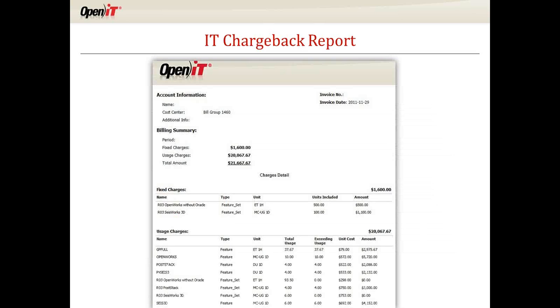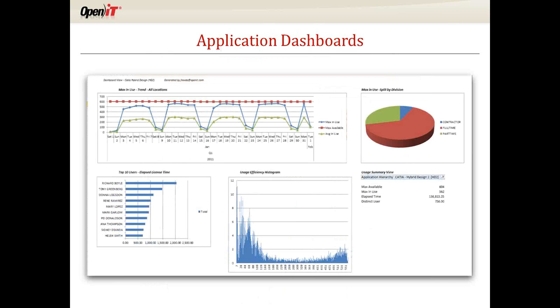The point is, after that one use, they were no longer utilizing the software, and if there's no process in place to pull that back, or there's no chargeback, meaning the department heads aren't saying, why am I paying for this when we're not using it, to trigger for you to be able to harvest that. Another example that I think hits all of us is Adobe. So our end users in our organization will say, I have to have Adobe to do my job, or Acrobat. Do I really need that, or can I get away with a reader? And so by utilizing a usage metering tool, we'll be able to take a look at that.